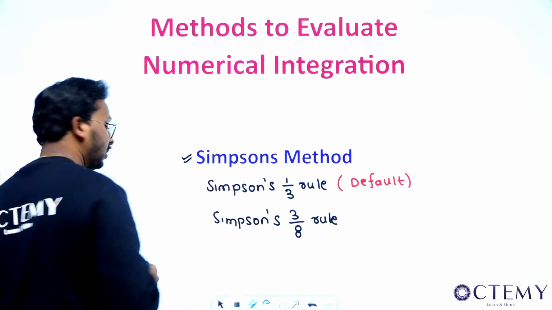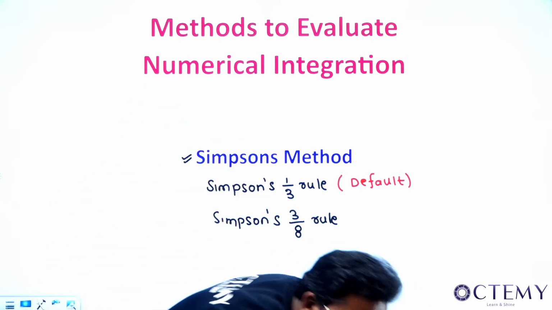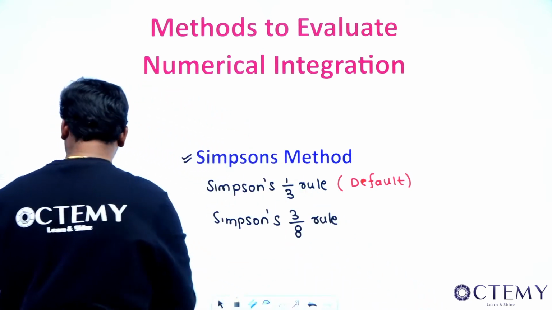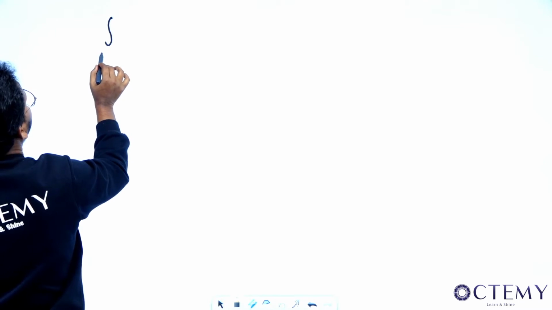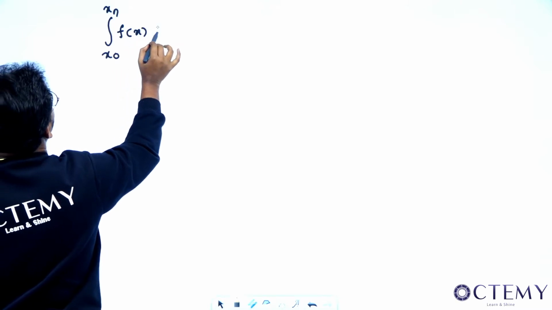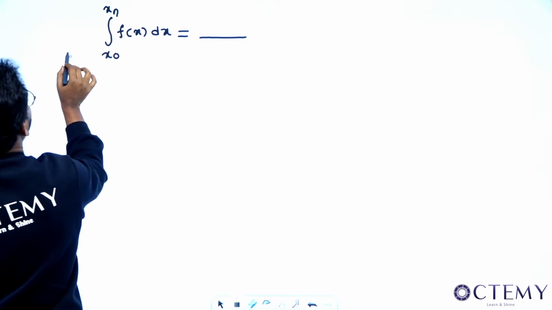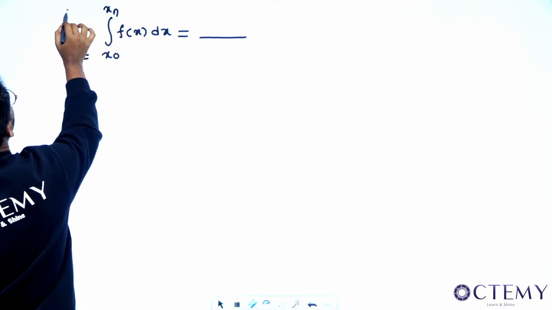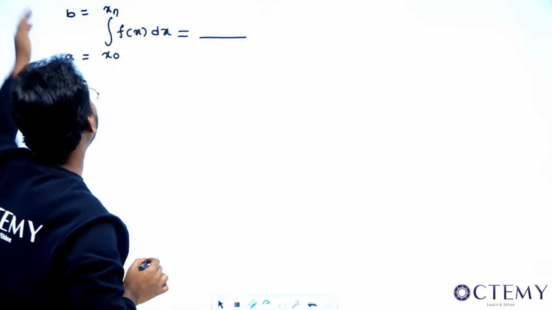So let us look at this first one, sir. What will happen? This will become something like this. So basically, what will be given to you? Something like this will be given to you, sir. Say the integral from x0 to xn of f of x dx will be given to you and the value of it will be asked, or that will also be from a to b, right? So let us try to understand. You might give from x0 to x1 or a to b.